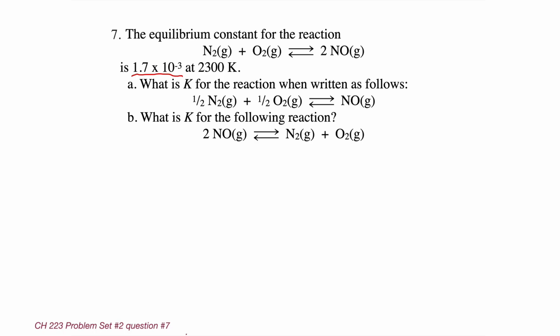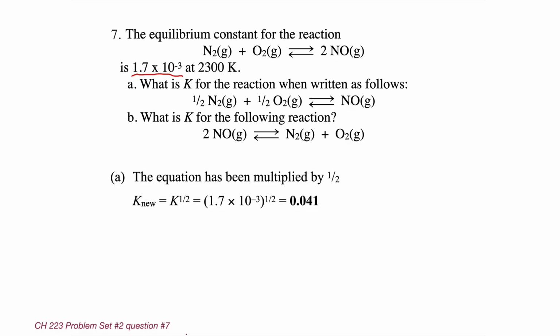So if you change the reaction by multiplying through by 1/2, you take that K and you raise it to the power of what you multiplied it. So in this case, we multiplied everything through by 1/2. We're going to take the old K and we're going to raise it to the 1/2 power. And that's the same thing, by the way, as taking the square root of. So if you want to figure out the new K, it would be the square root of 1.7 times 10 to the minus 3, or 1.7 times 10 to the minus 3 to the 1/2 power. The new K,